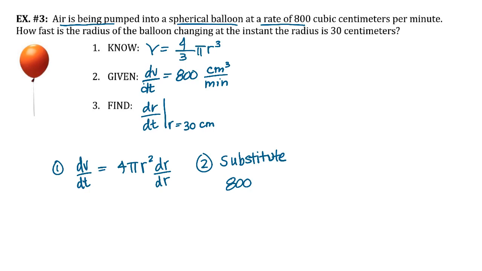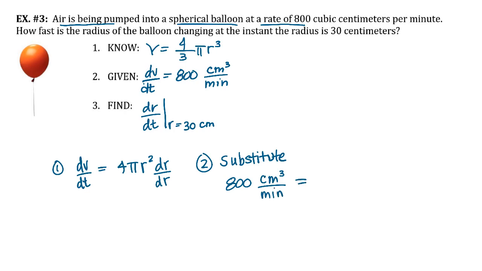Either one would be fine. Let's go ahead and put in the units just for the practice of it, because it would help you keep straight and let you know whether or not you've got the correct answer. So that was 800 cubic centimeters per minute